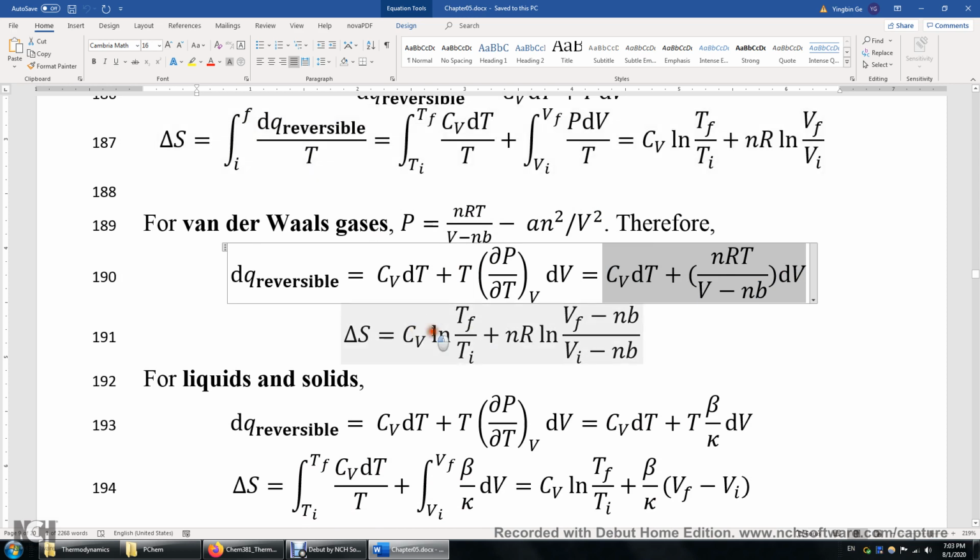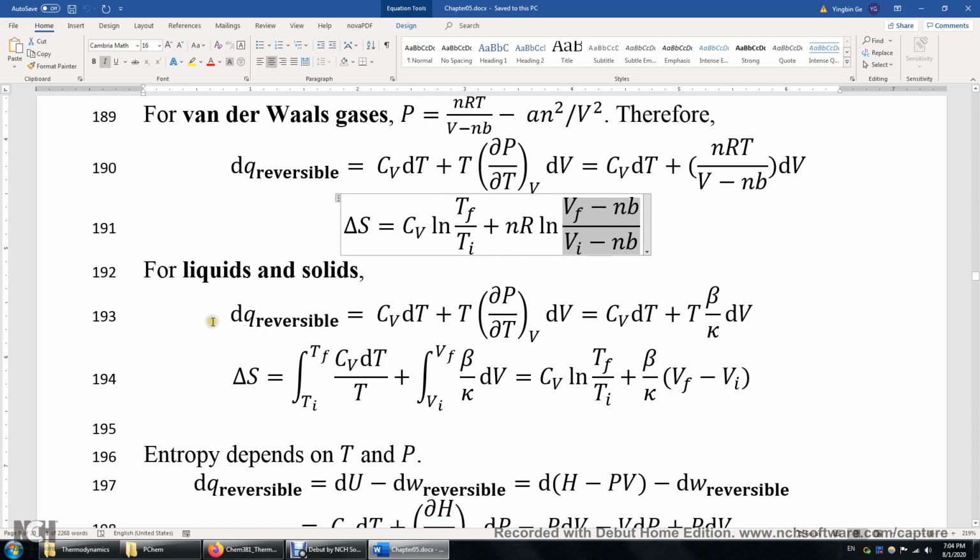We get Cv times the logarithm of the ratio of temperature plus nR times the logarithm of the corrected ratio of volume. So we have the volume of the container minus the size of the molecules. For solids and liquids,